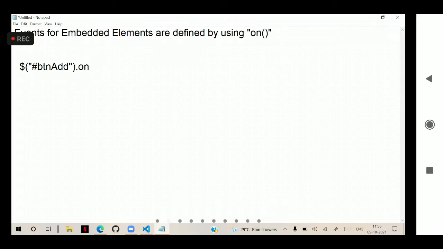This on method indicates what event name you want to define. You have to configure the event name, so which event you want. And here we have to define a callback function. You have to specify what functionality to do on that particular event.